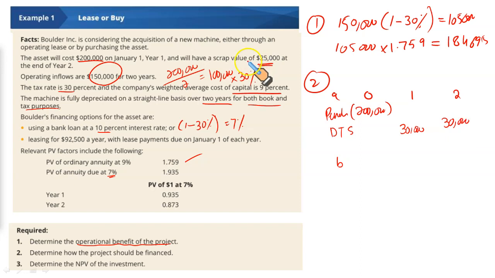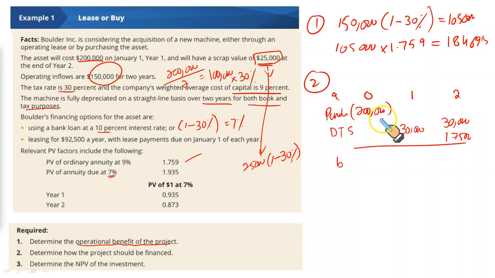Now this asset will be disposed of at the end of year 2 at 25,000. At that time the whole of this would be a gain, and since there is a gain on it, we have to pay tax on the gain. So take 30% of 25,000 and deduct it from 25,000, or else simply multiply 25,000, the amount you receive, and just calculate the after tax amount. This will automatically deduct the tax on gain. So it's going to be 25,000 times 70%. I hope you got the idea. 25,000 is the amount you receive, but there is a 30% tax on the gain. So you simply multiply 25,000 with 1 minus the tax rate. This will simply give you the amount you collect after tax, which is going to be 17,500.